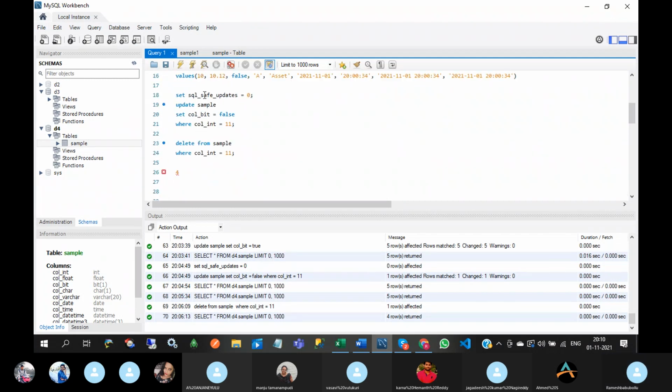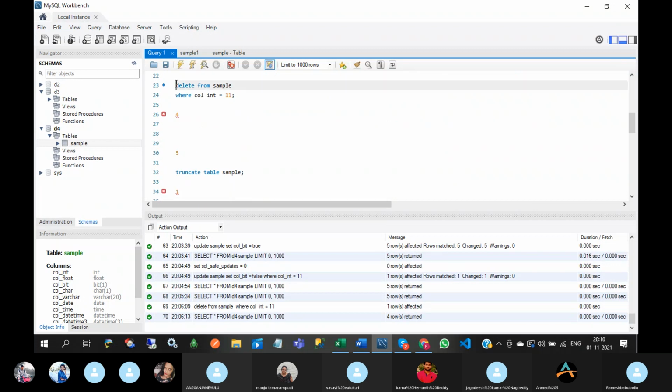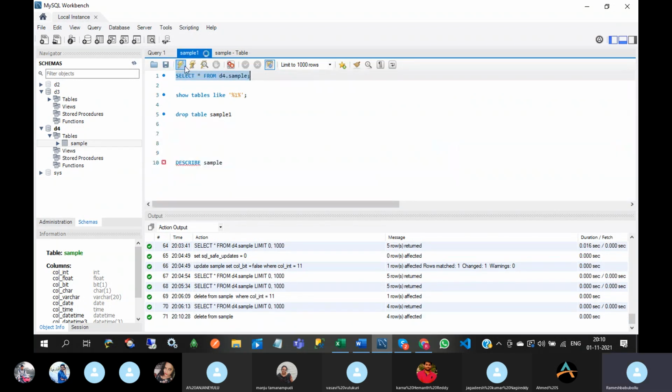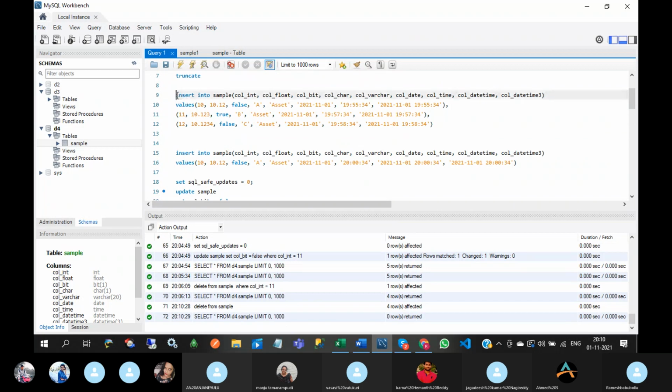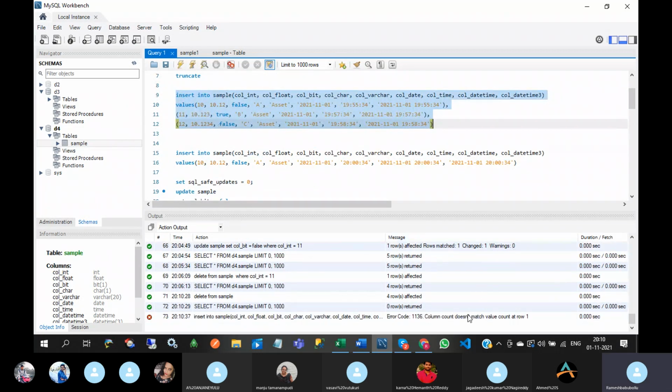You can test this. All records will be deleted. You can insert. See this error: column count does not match value count.